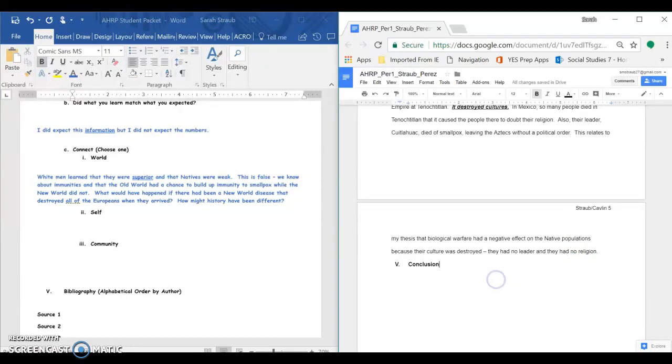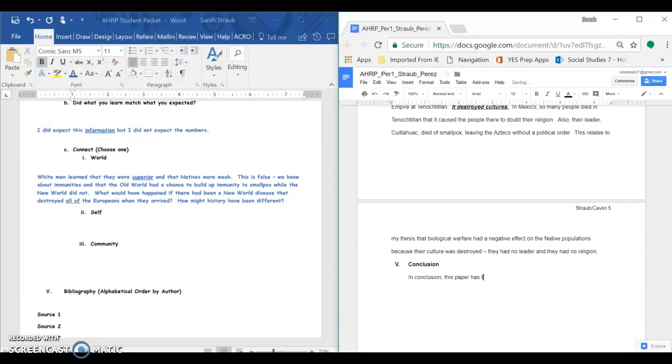Using what I've written, I'm going to go back to my conclusion. I have to unbold, which is Control B. I hit Enter, and then backspace, and tab. I tab so I can start where I need to. You can use a sentence stem from that paper, or you can use this one. In conclusion,